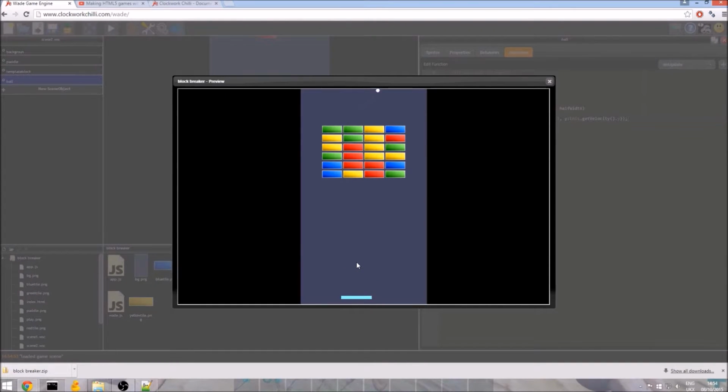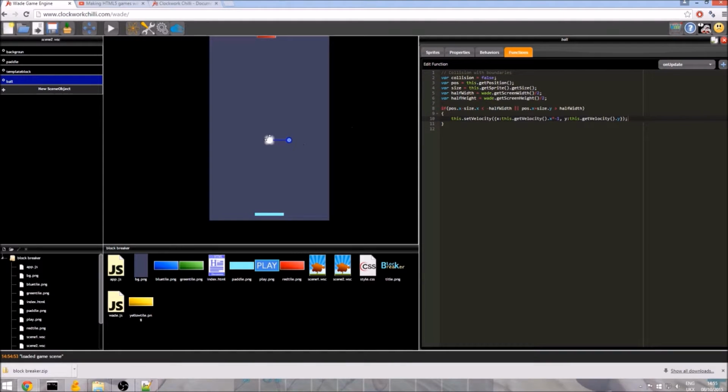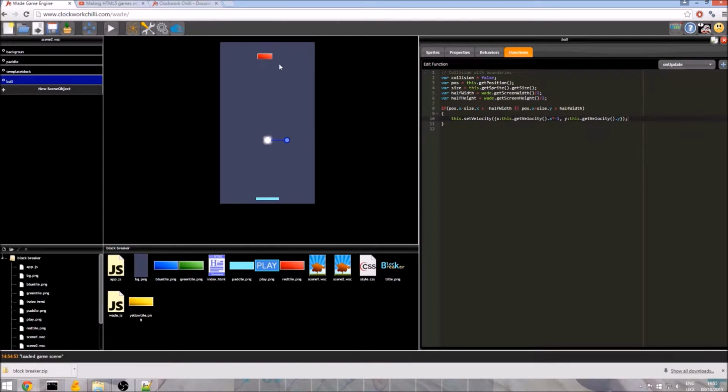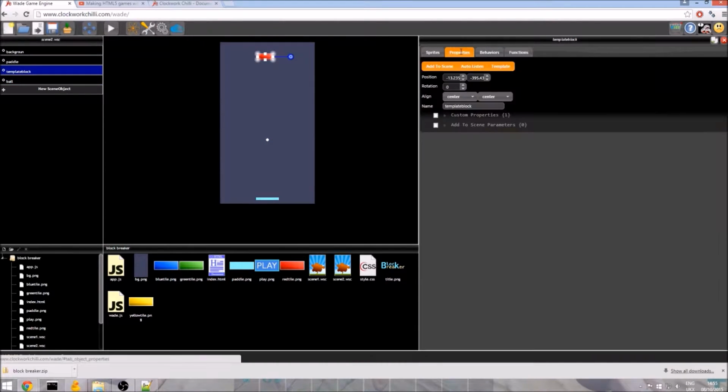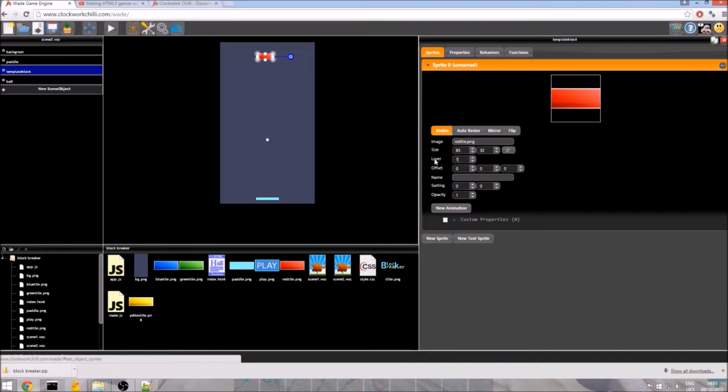Yes, the ball did indeed bounce, and I noticed something else curious there. The ball went behind the blocks. That's not really a problem because in the game it will impact them, but thinking about it, the blocks should probably be on their own layer too, just so they don't have to be re-rendered whenever the ball or the paddle moves. The ball and the paddle can be on the same layer. I don't think that's a problem.